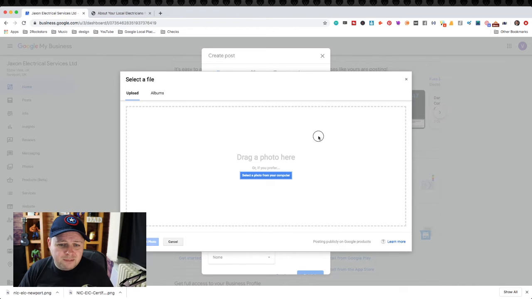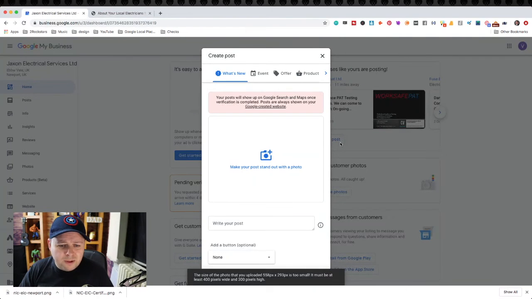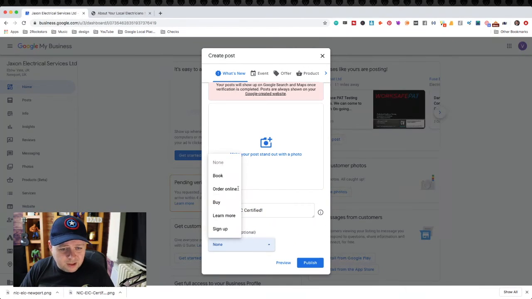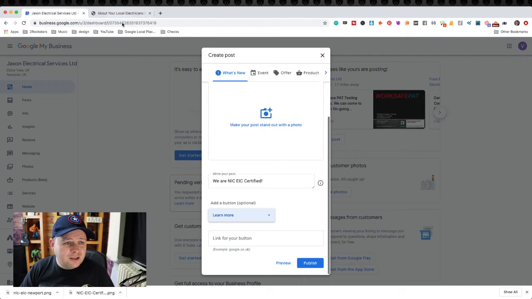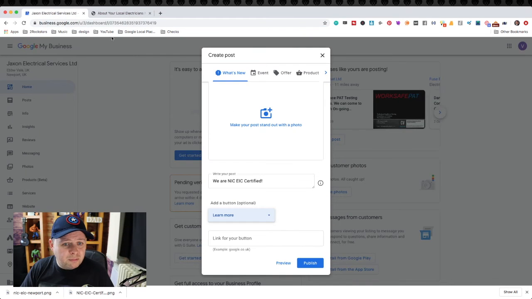It may say that the picture's too small. Let's see what happens. Always better to use a large image. Okay, so we are NIC EIC certified. You can add a button, which is nice, so you can do learn more, and you can put a link to your website. Okay, so that encourages people to pop along